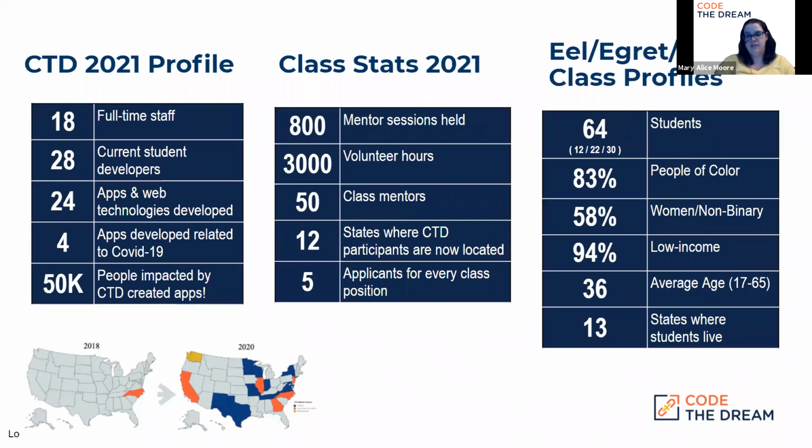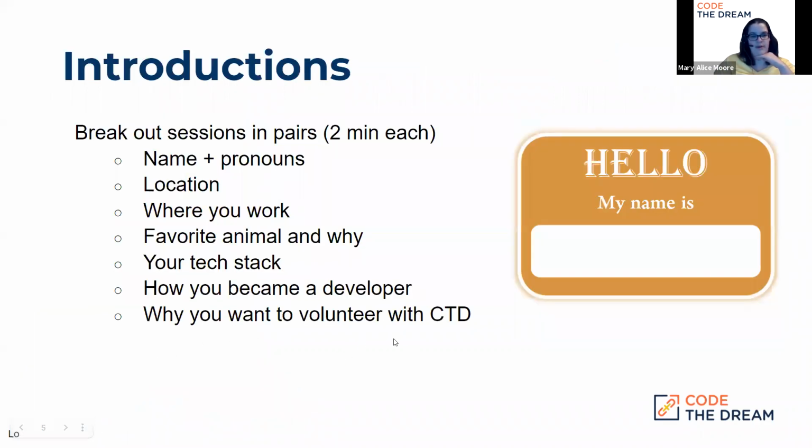Average age is about 36, with the youngest being 17 and the oldest being 65. So we do get a range there, but the majority of the folks tend to fall in the 25 to 35, 40 age range for the most part. And 13 states where the students live. In the past 2 classes that we had just finish up, we actually had a few students that had to move to other countries while the class was going on. So we're kind of technically international with our students now too, a little bit. But that just gives you an idea of background and the types of populations that we're trying to reach, to really help provide them with what they need to be able to build those tech skills and get that dev job.